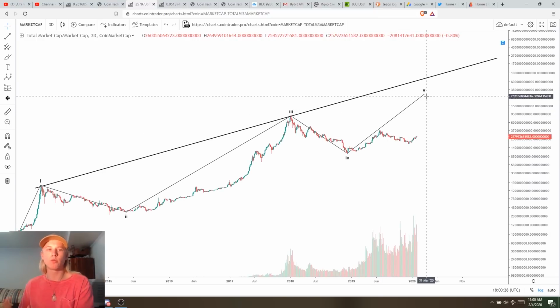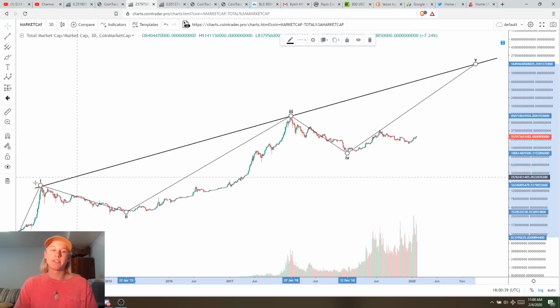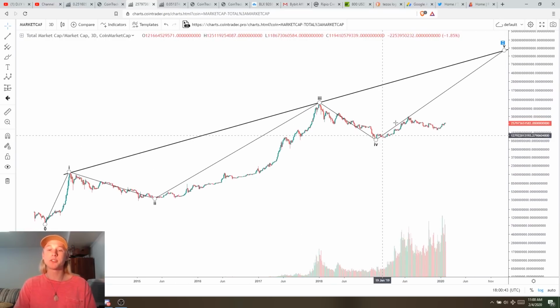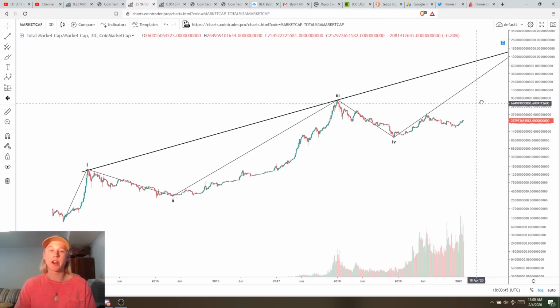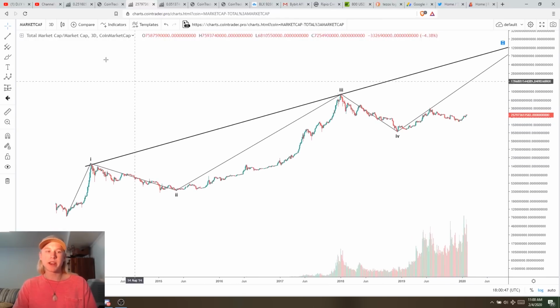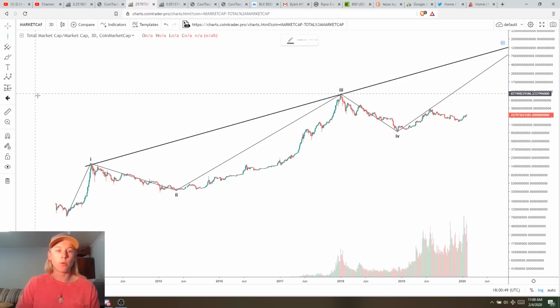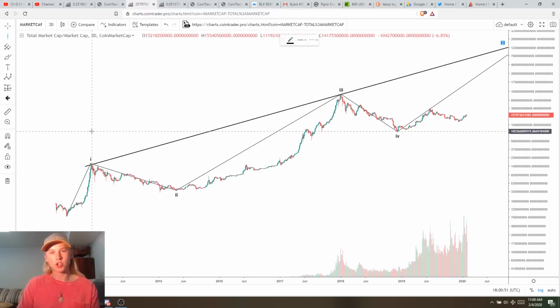But with this being the real wave and the real cycle where institutions get involved, this one could get very, very parabolic. And so what we're seeing here is we have this resistance. I think that we'll go back up for a couple more years, and we've just basically started that new trend, right? Now, what's interesting to me, guys, is once I continue to add more details to this chart, you're going to start to understand exactly how the cycles line up so identically, and then we're going to be able to make assumptions as to why that's the case.